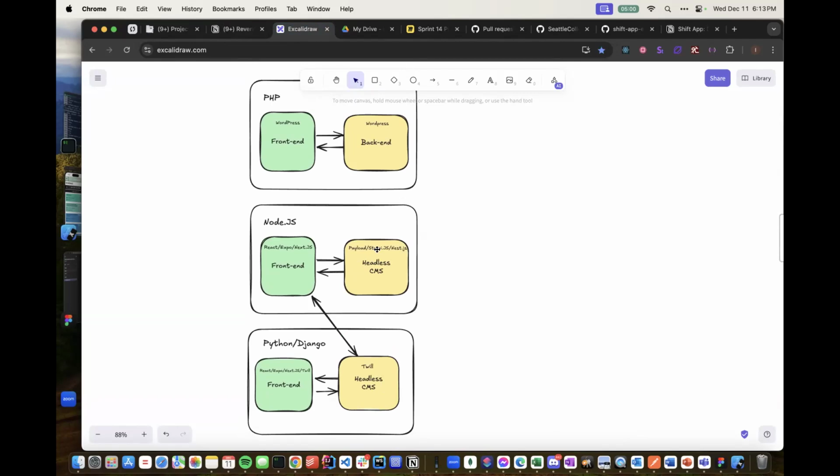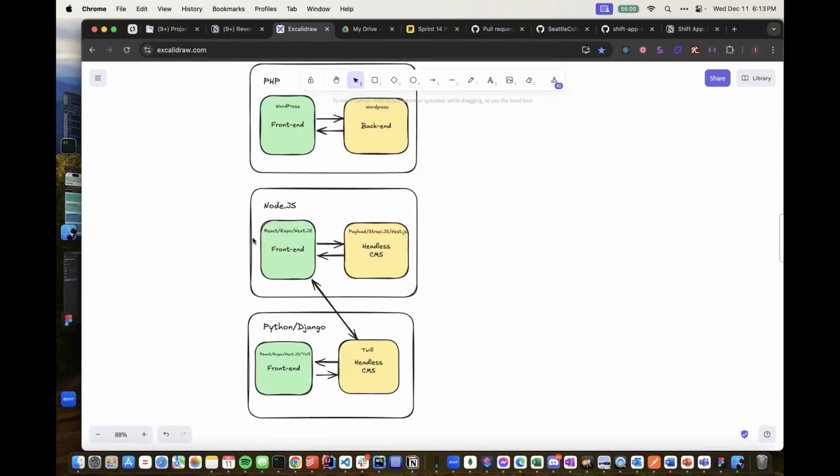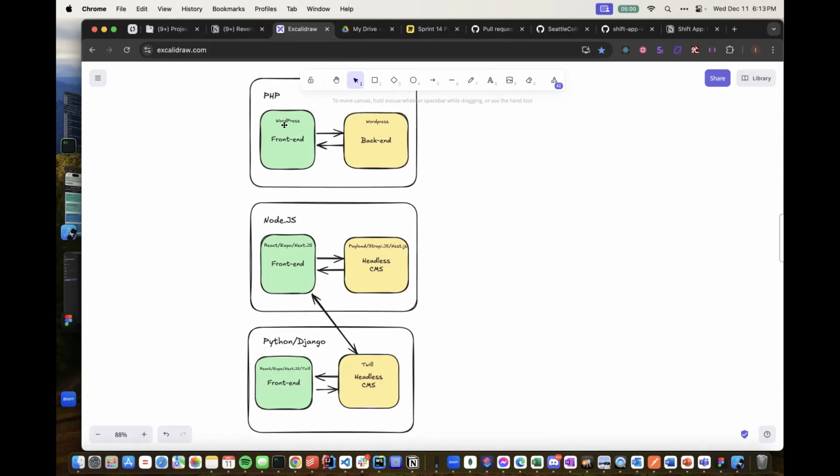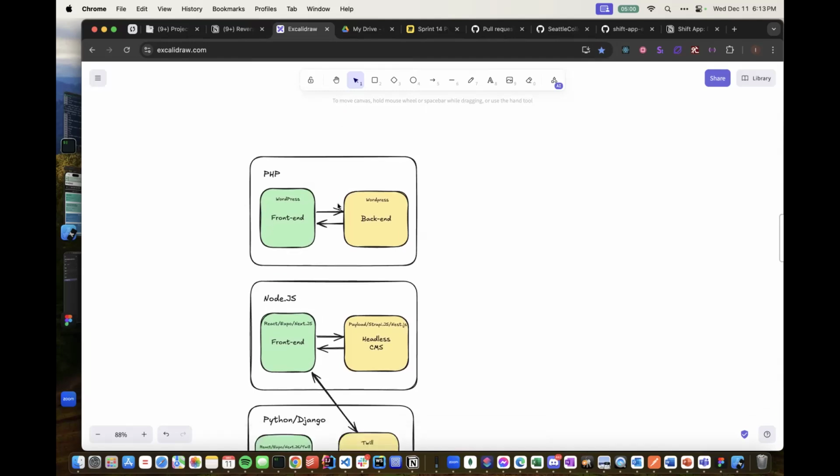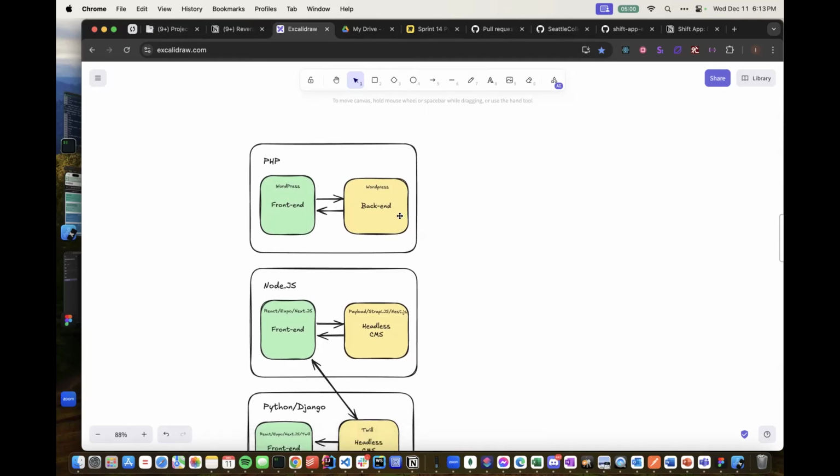In this presentation, essentially, I gave options where I was leaning towards using Laravel PHP. And here you can see just the outline that the current solution is using WordPress for front end and back end. We would have used the Laravel as the back end since there's an open source headless CMS, which